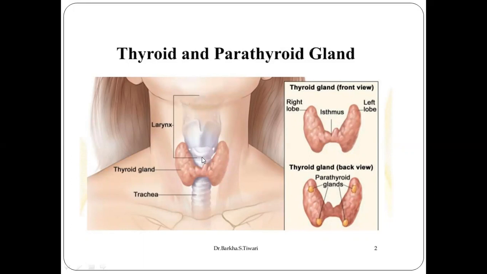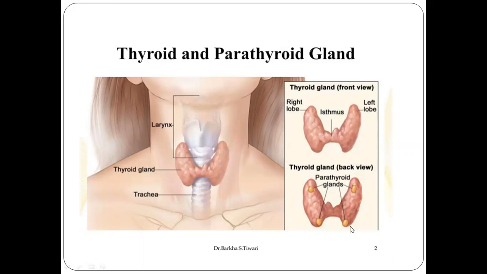Whenever the thyroid gland moves during deglutition, it is the pretracheal fascia which connects it to the larynx and the trachea. This is the anterior surface of the thyroid gland. This is the anterior border, this is the posterior border, this is the apex, this is the base, this is the superior surface. This is the outward projection which is somewhat on the left side, and this is called the pyramidal lobe.